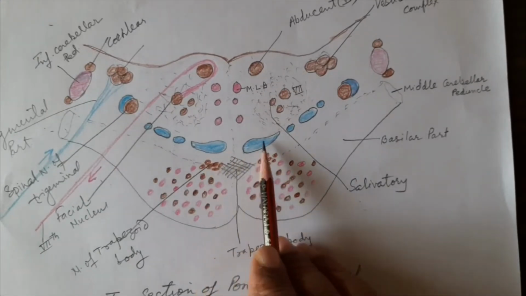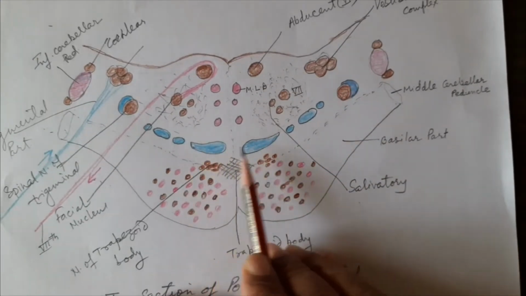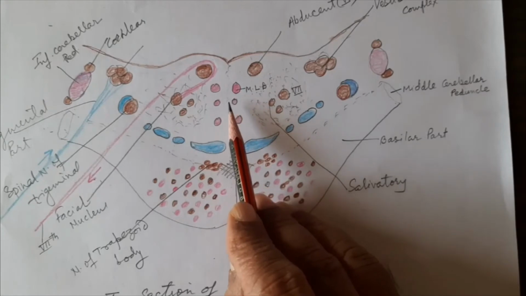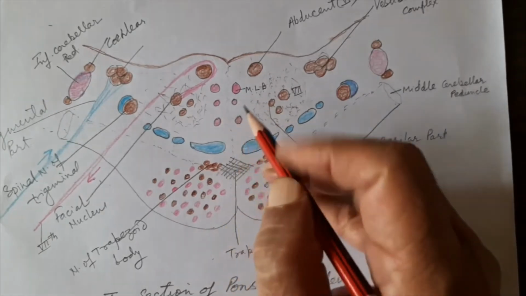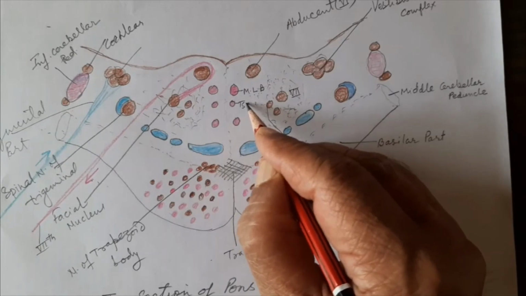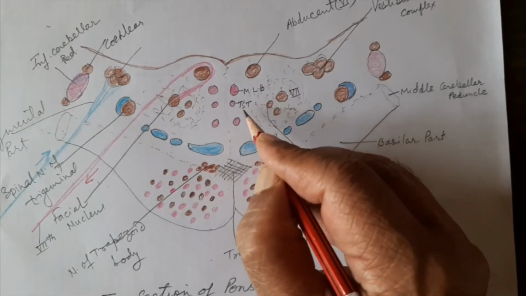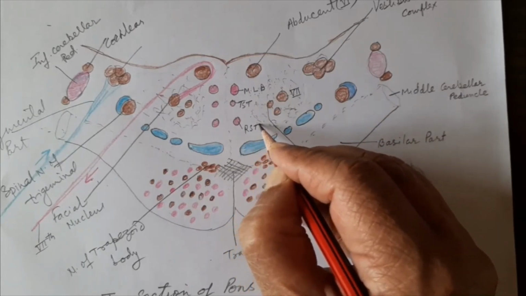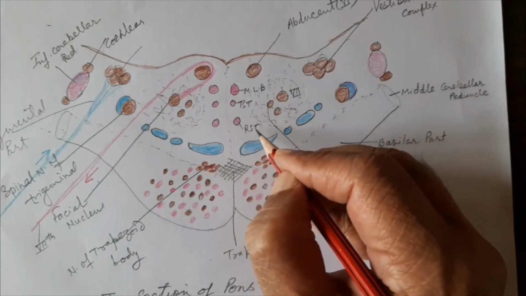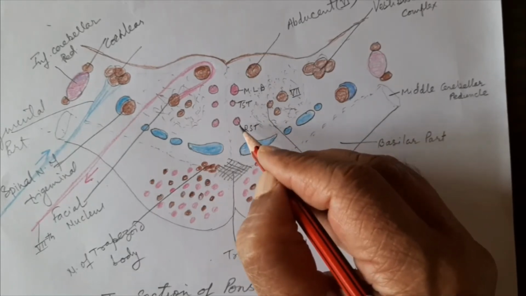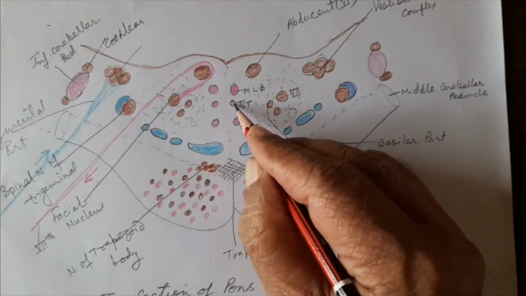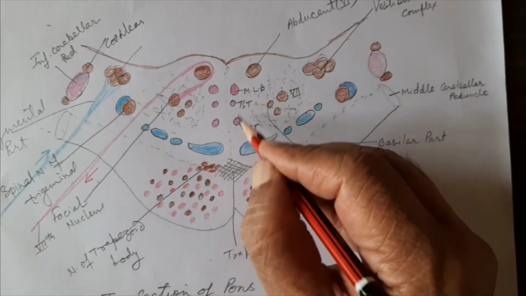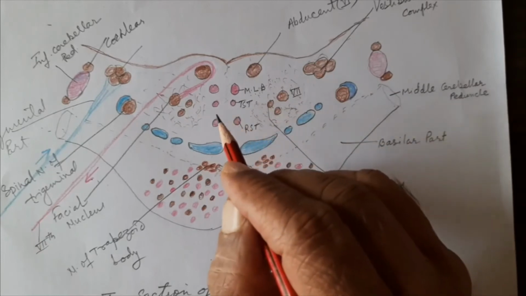The other white matter ascending tracts, which are shown in blue here because they are sensory, and I have shown you the descending tract, that is the medial longitudinal bundle, and this is the tectospinal tract, which was also seen in the medulla. And then here is the rubrospinal tract on either side, which has started from the red nucleus of the midbrain and is going to the spinal cord. So this is the rubrospinal tract, this is the tectospinal tract, and this is the medial longitudinal bundle. These three tracts are going downwards.